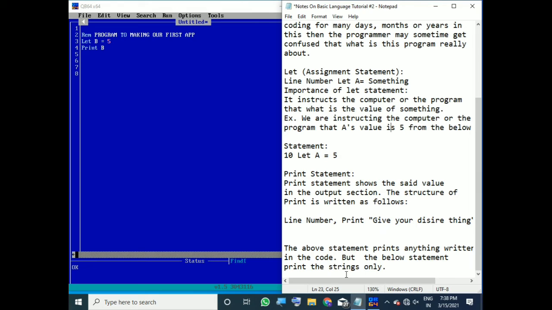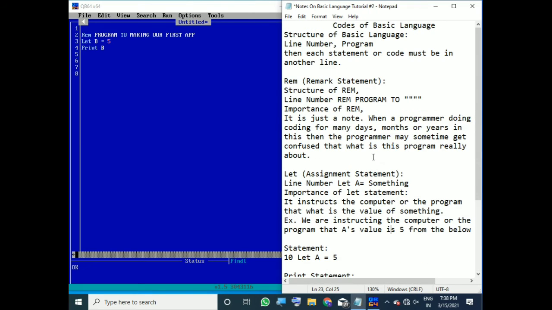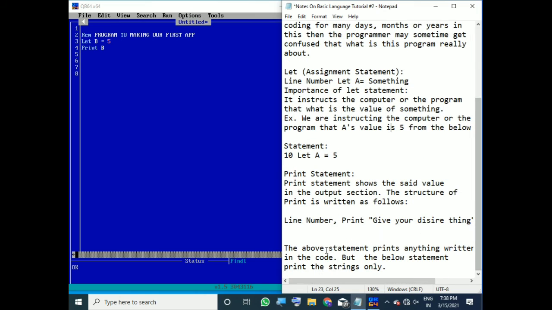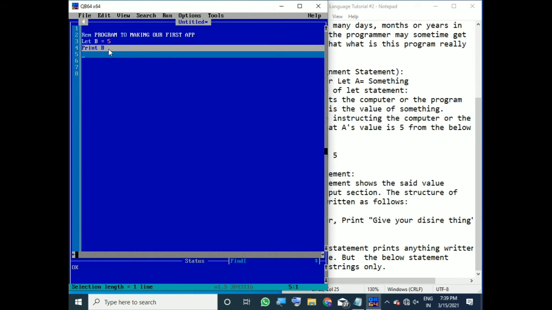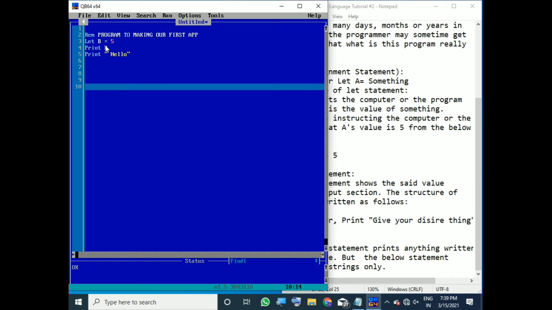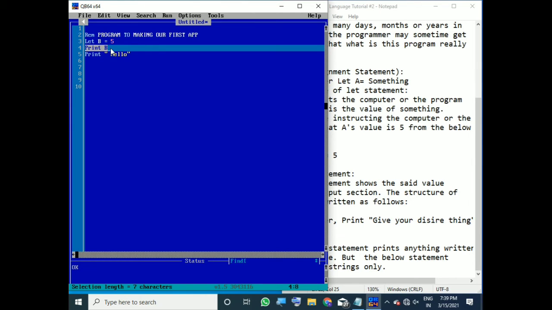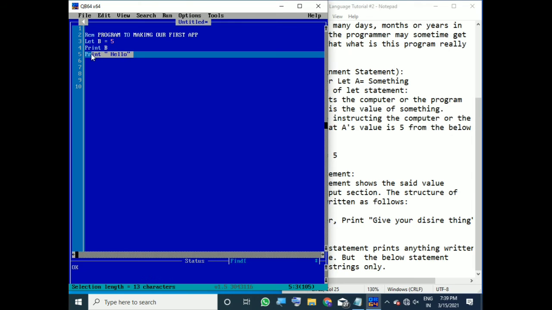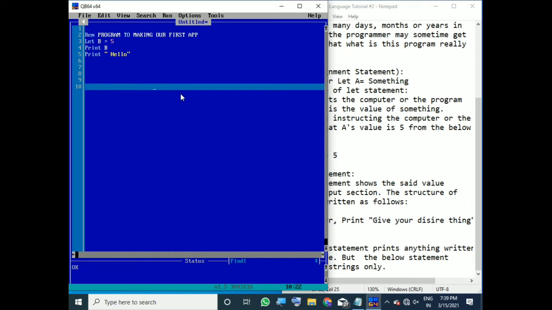QB64 is not totally basic language; it has some other codes, we will discuss it later. Now, print prints only strings. As I have written, print, and here hello. Then this is the string that I am printing, and this is the variable, or the desired thing that I am printing. I can write anything.